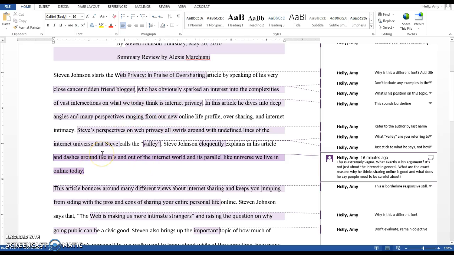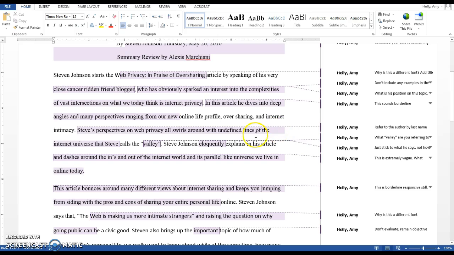Not just that he's talking about the internet. I want to see you focus on what Johnson says are the benefits of sharing online, why it's a good thing, and how we have to be careful about it. Those are like the counter arguments in his discussion. Somewhat, I wouldn't call them true counter arguments because I think they're actually part of his position, but they're basically just the drawbacks that he acknowledges, the things people have to watch out for. It's still an important part of his discussion, but it doesn't outweigh the fact that he still thinks sharing online is good. So that's really what you need to represent in this first paragraph overall.